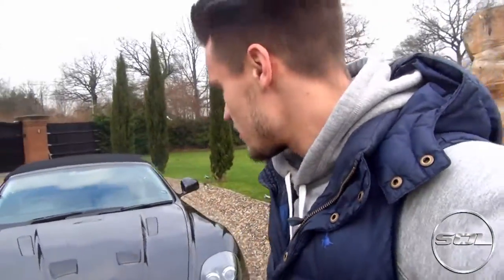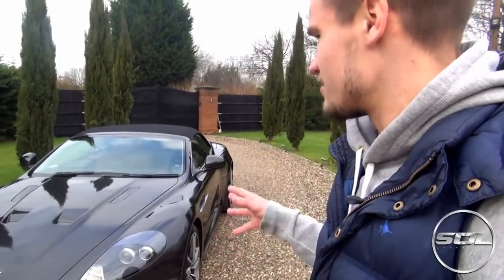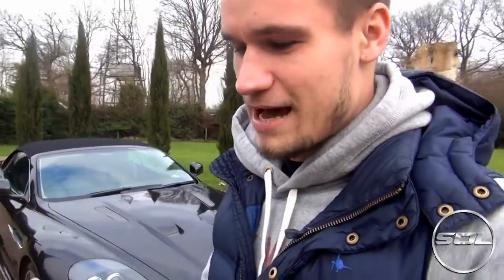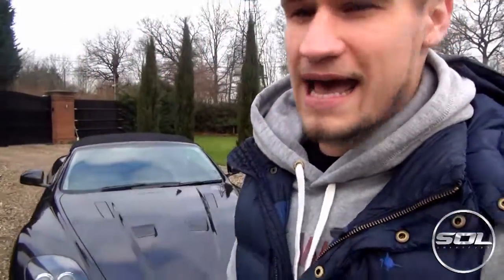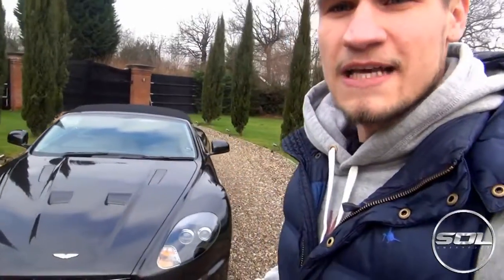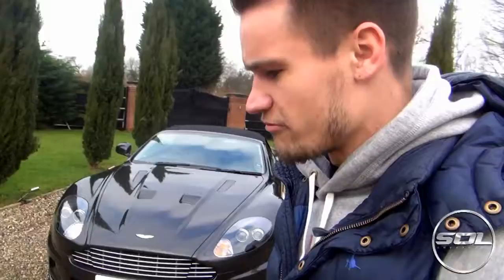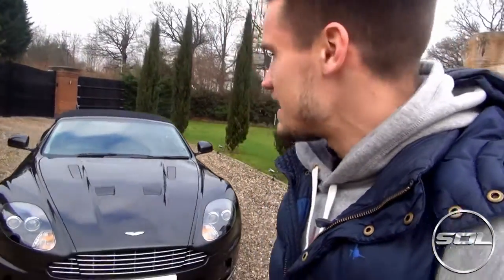this car. The whole idea of driving a few of Supercar Experiences cars is to give you an idea of first impressions of what it is actually like to drive this car, and like I've said on previous videos, I haven't got that much experience of driving cars, and I've been able to count all of the cars that I've driven on public roads for more than 10 miles on one hand. So to be able to drive this car as one of the first 10 cars that I've ever driven on the public road for quite a long period of time is a fantastic opportunity, and one that I'm going to grasp with